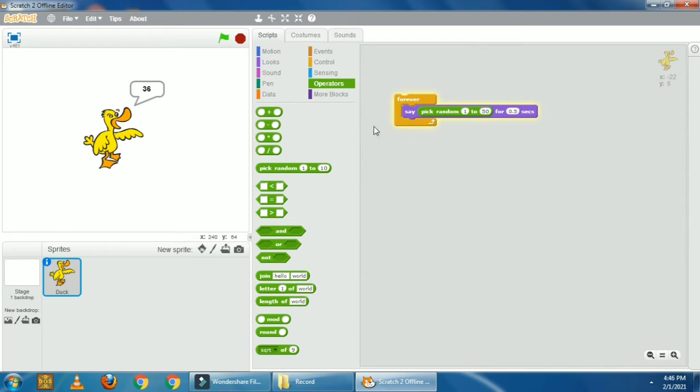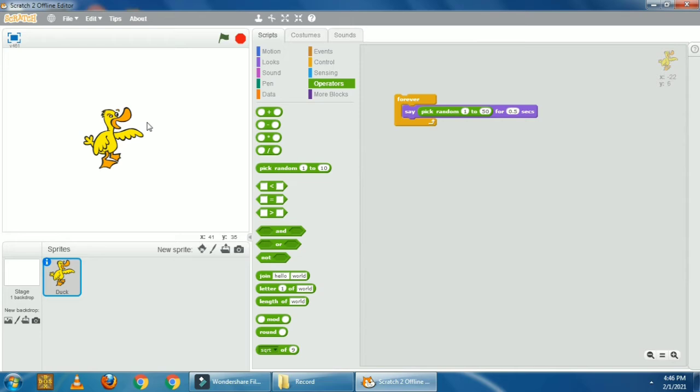It is taking a random number from 1 to 50. Random number means the number it like. Okay, so this way we can do this project. Now let's stop it by clicking on this red stop button. Click. Now our program is stopped.